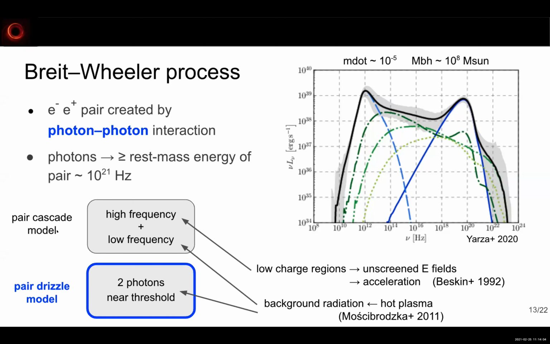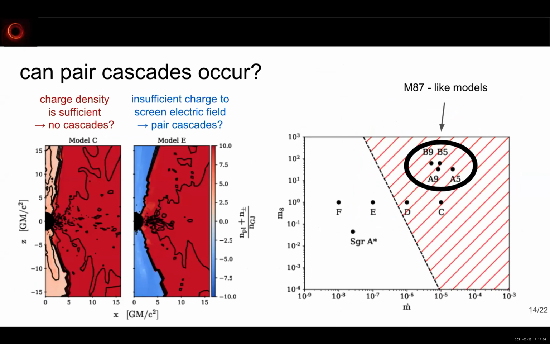That having been said, if you just do some calculations from radiation simulations, so Andrew mentioned these radiation simulations from Ben Ryan, we took these radiation simulations, and of course radiation simulations have a full description of the radiation field over the entire domain. And so you can directly do the calculation. You can directly measure at every point in space the distribution function of the radiation field, effectively of the photons, and evaluate the pair production rate in all different locations. And the upshot of this entire calculation can be summarized by answering the question: if you evaluate this drizzle pair production rate due to the high energy component of the background radiation field in the funnel or in the jet, so over here,